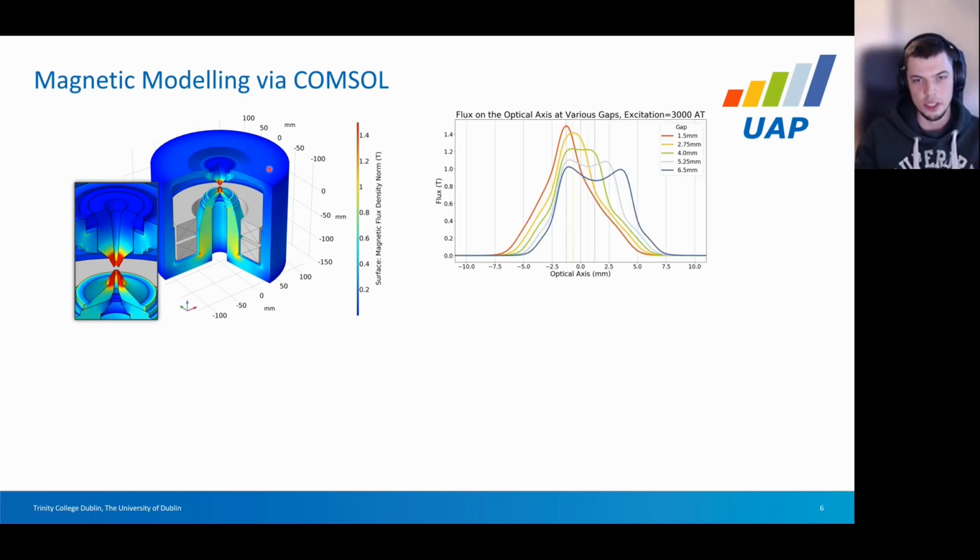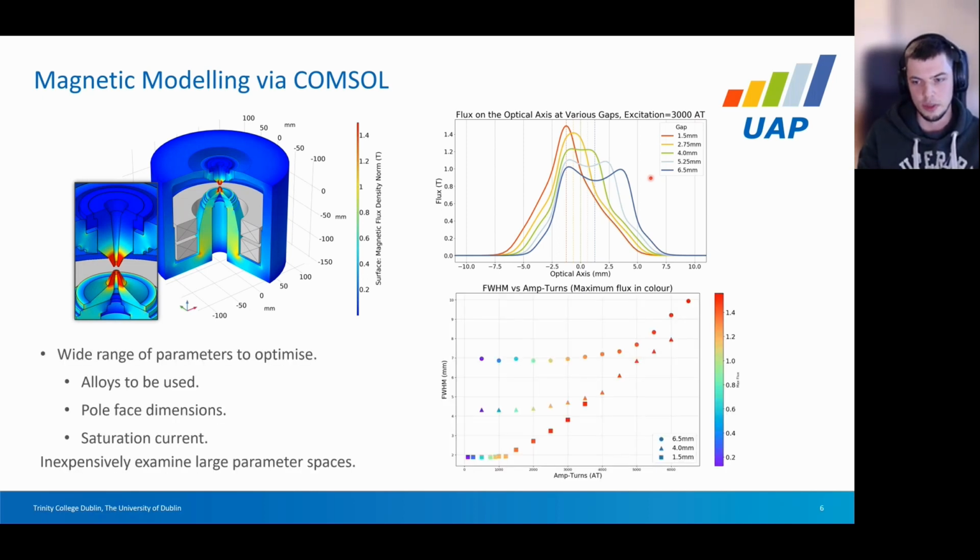In an ideal world, you'd have a perfect lens that obeys the thin lens approximation, and you would just have a delta function here in the center. But of course, sadly, we don't quite have that. But you can see that for small gaps, it does resemble this thin lens approximation of a delta function, and as your gap widens, this becomes a less and less good approximation to make. So as your gap widens, you get worse aberrations and reduced performance as a result.